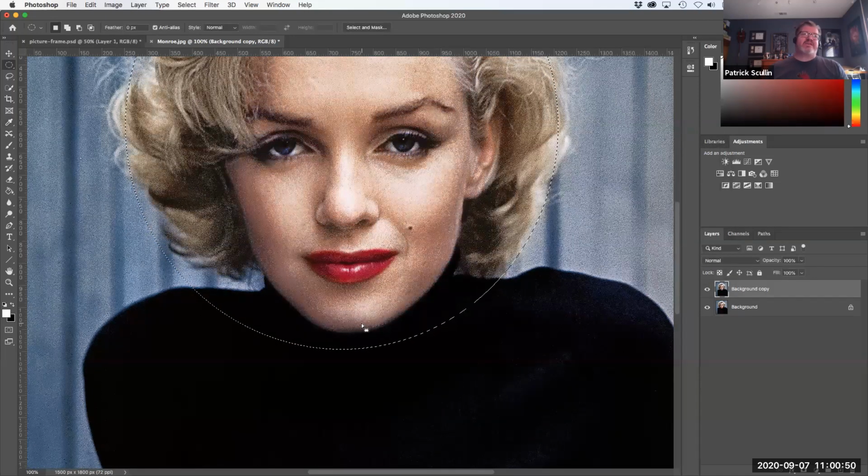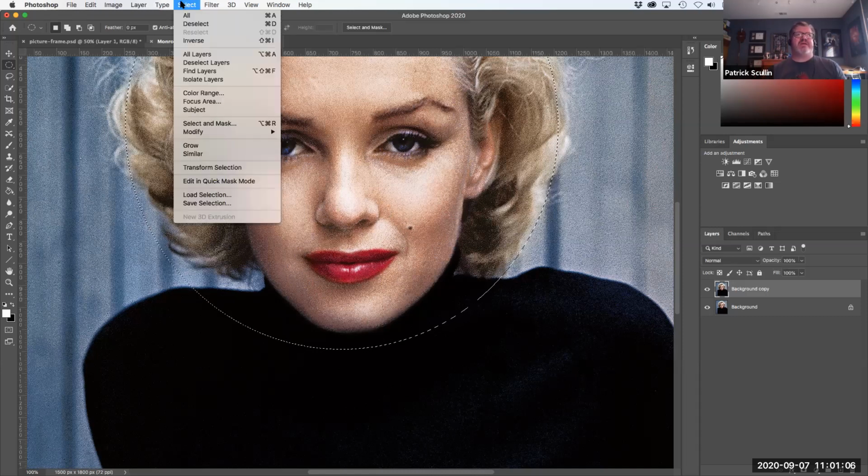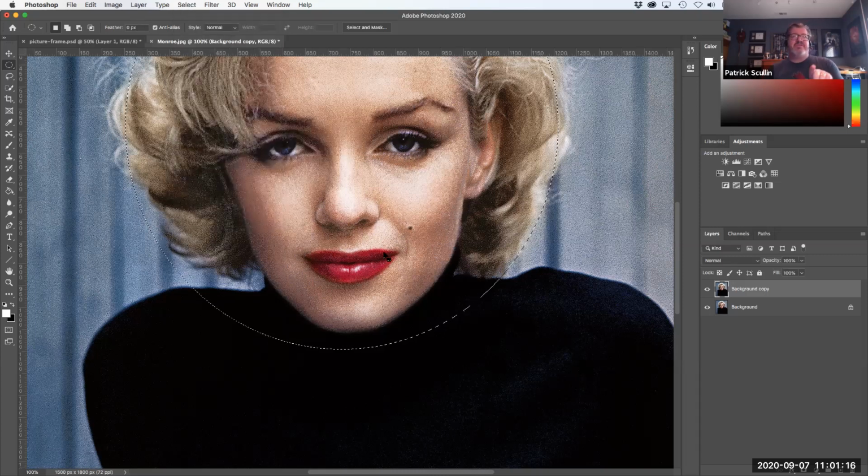So that's something called feathering. Right now that circular marquee is going to be pixel by pixel and it's going to make a harsh edge. But I want to feather it so it softens it, so it fades between one side and the other. So that's an adjustment I can make under the select menu, and that's under what we call modify. It's also available on the control bar. If you notice up at the top there is a little feather input box where you can type in the amount of feathering you want